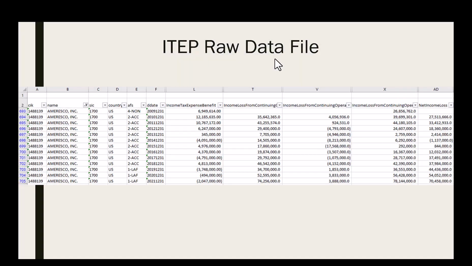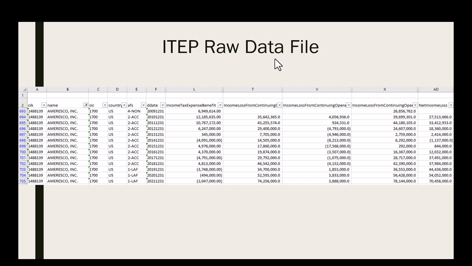The raw data file is a panel dataset. This means that there is a separate row of data for each firm for each fiscal year. I have a snippet of panel dataset for Ameresco Inc. This company is not in your raw dataset. This is intentional so that we may showcase the data and steps required for the case without revealing the solution